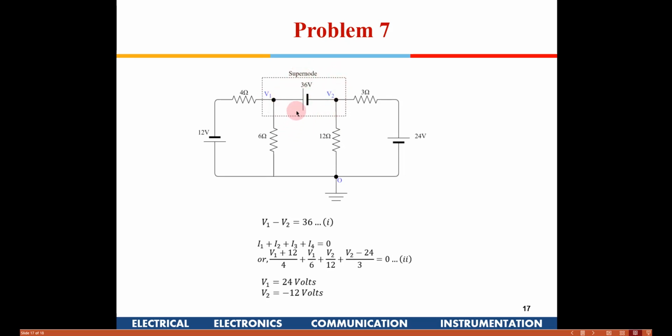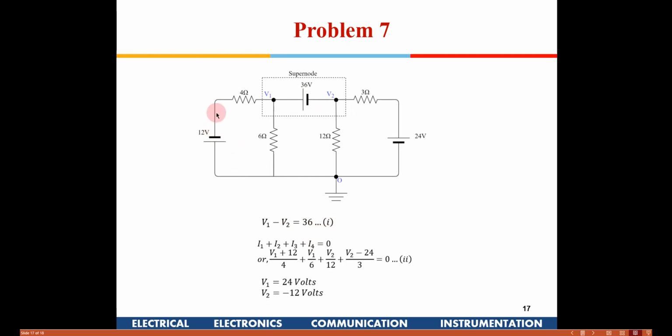So one equation is simple: V1 minus V2 is equal to 36. Because this is given, we are assigning two different voltages for these two nodes. So we are writing V1 minus V2 because the polarity here is given positive towards the V1 side, 36 volt. Again, everywhere we need to be careful with our polarity aspect. So this is one equation, and then we write a super node equation.